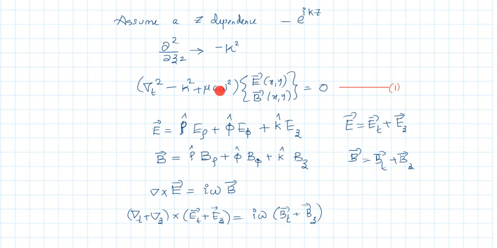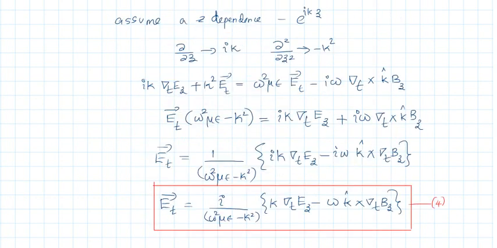We will solve that wave equation subjected to some boundary conditions of the waveguide, and we will calculate Ez and Bz. By finding Ez and Bz, now we can calculate Et, because the right hand side is entirely in terms of Ez and Bz. So using the wave equation subjected to certain boundary conditions of the waveguide, we will calculate Ez and Bz. By putting that Ez and Bz in equation 4, you can find Et. That is, you can find E rho and E phi, because Et contains the component of E along rho and the component of E along phi.